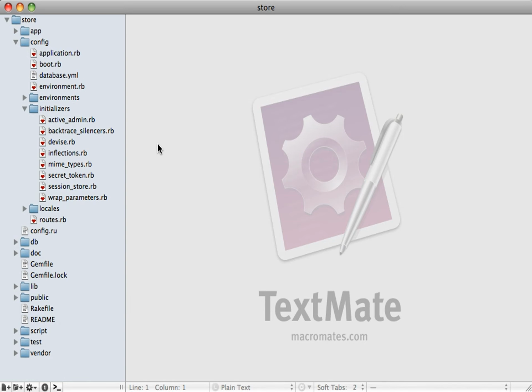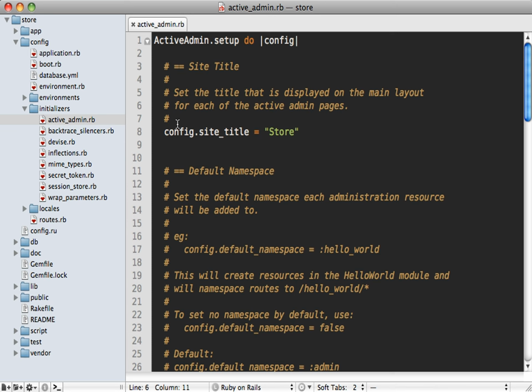Now the last thing I wanted to show you here is how to do some global configuration, because there's another config file ActiveAdmin provides under the config initializers directory here. And this allows you to do some more global configuration, such as changing the overall title of the site. So we could say it's Ryan's Store here. And there's a lot of other options, but they're nicely documented here, so I'll leave it up to you to